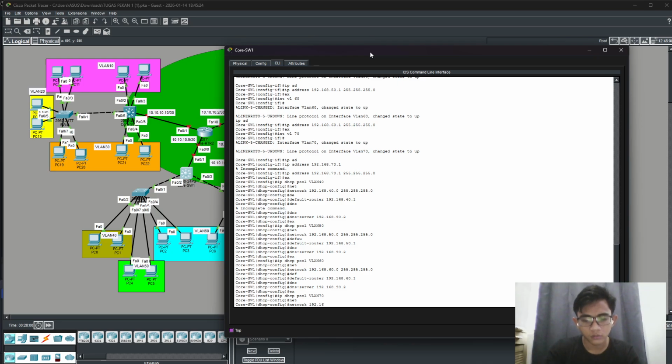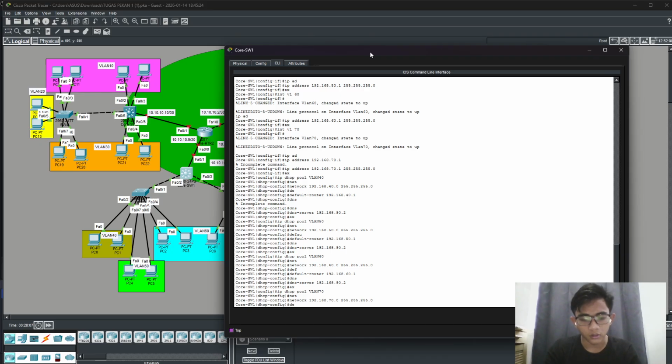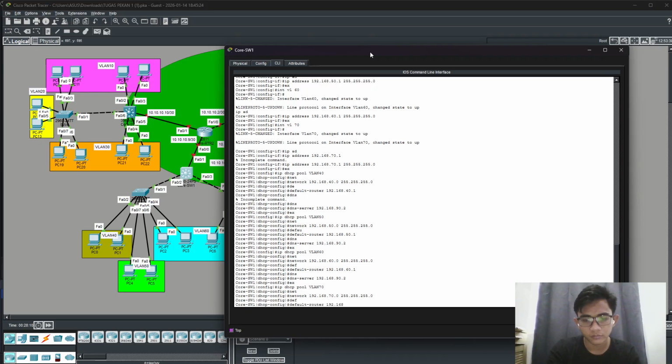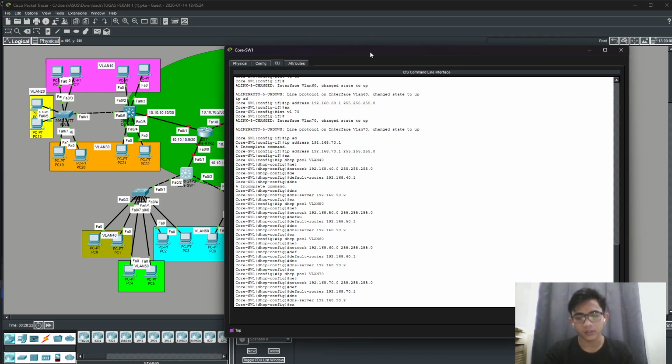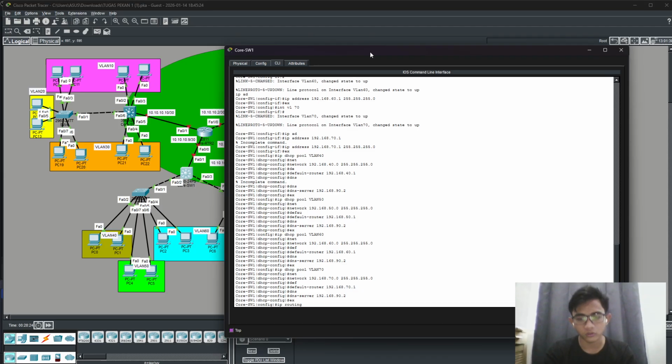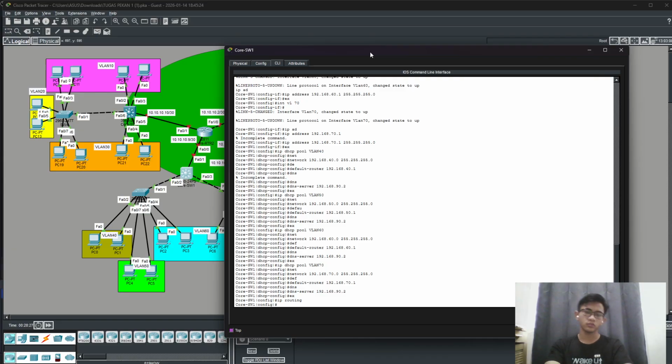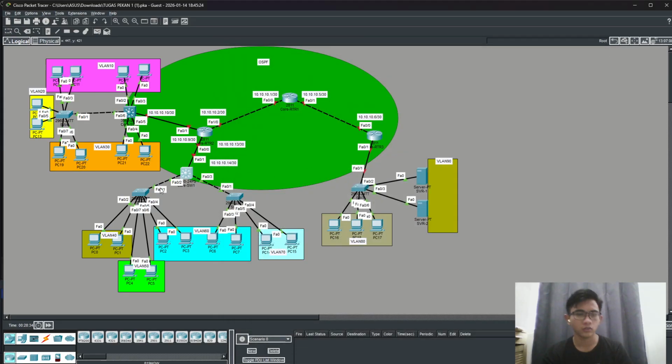Network is, okay. And default router. And then the DNS server. Okay, enter. Exit. Yes, so now IP routing, don't forget. Okay, finish.